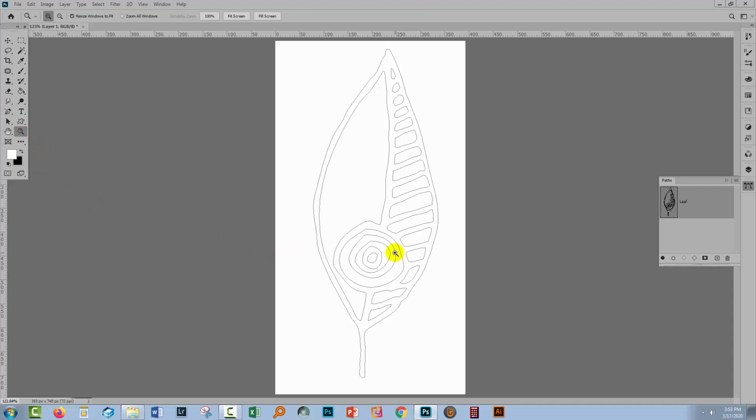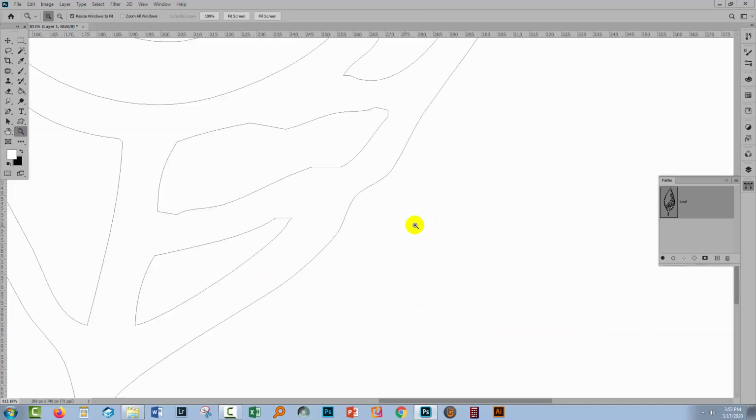Let me just quickly show you one. I'm just going to make a change to this one that's causing this dip in here. There's an anchor point in here. We can see it when we choose the Path Selection tool and select over these paths. Now the tool you use to change an anchor point is this white arrow tool, which is the Direct Selection tool. So you're going to click it and you're going to select just the anchor point you want to make changes to. And I'm just going to drag it out here a little bit,